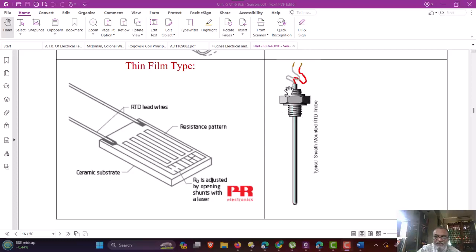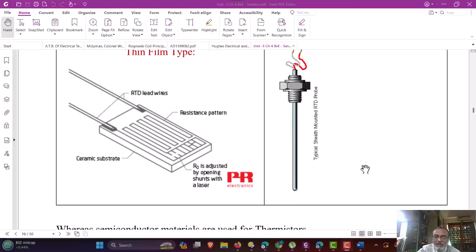The arrangement for installation using this nut and bolt arrangement is shown, so that the sensor can be installed on the equipment where the temperature is